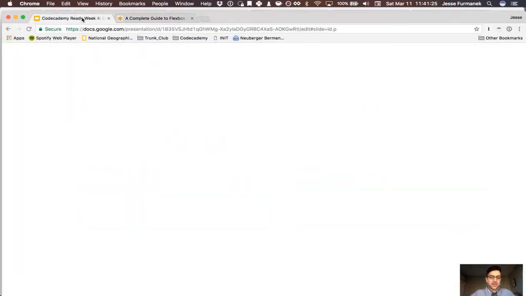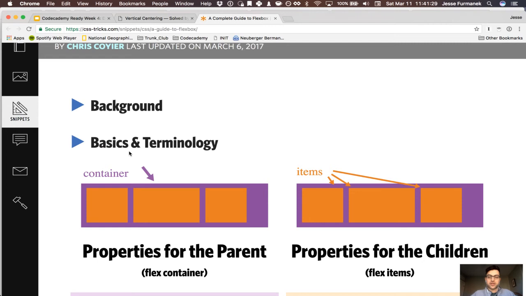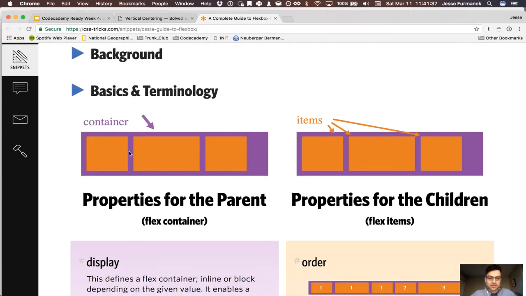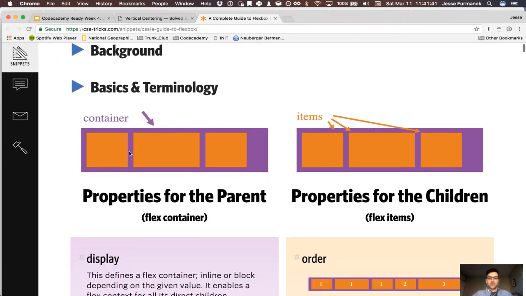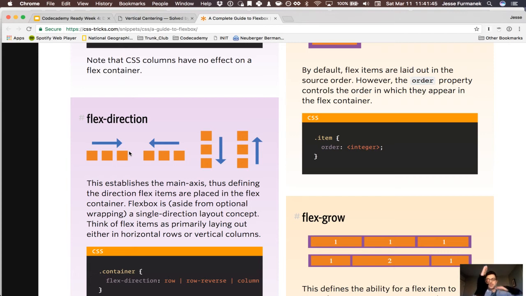Like when I have a problem I need to solve with Flexbox, I literally have gone to these sites 85 to 95% of the time to understand Flexbox and how I need to use it. And so the guide to Flexbox here shows you the basic terminology: you have two axes, a vertical axis and a horizontal axis. And basically what that's trying to describe is given an element of Flexbox, how will it grow throughout the